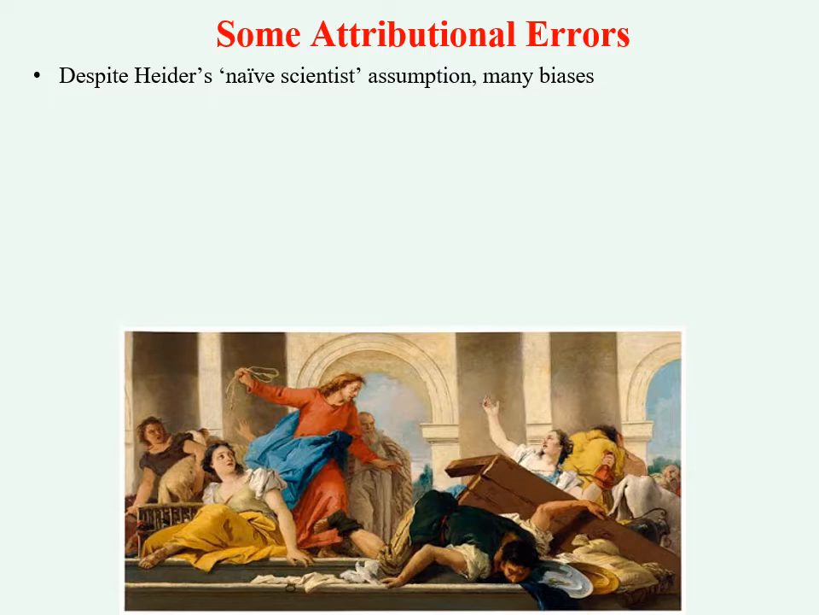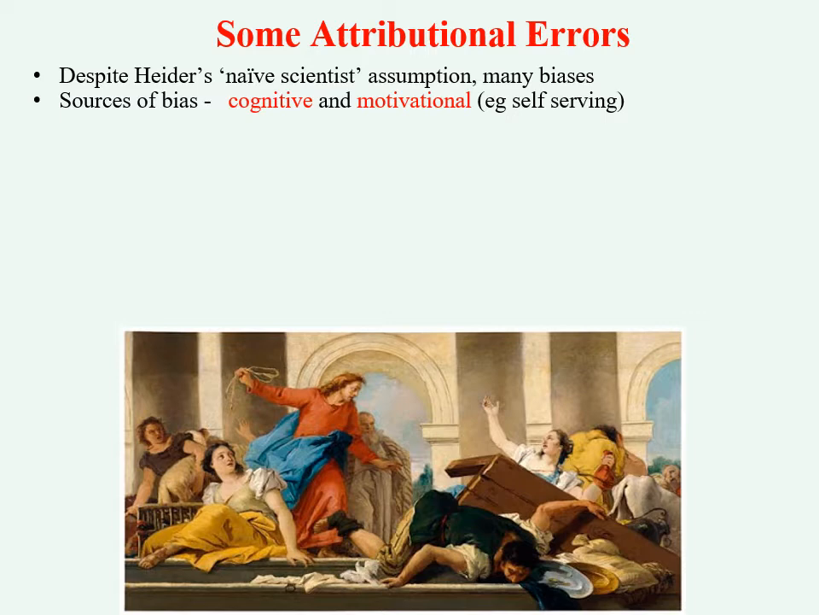We observe what's happening in the outside world, and we seek correlations or patterns that allow us to make causal attributions of internality or externality. So that's Heider's view, the model of the naive scientist. However, it turns out that many attributions are nowhere near as rational, clear-cut, and systematic as Heider, Jones, and Davis